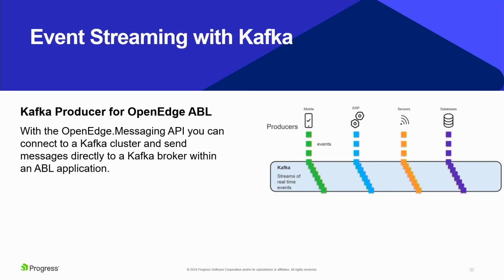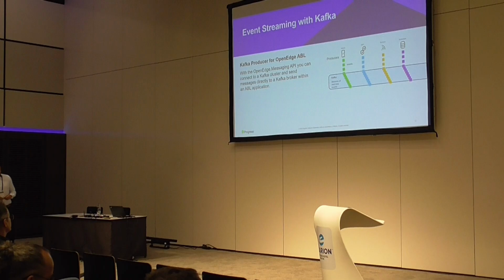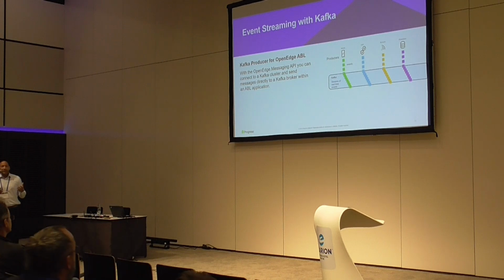All right, so event streaming with Kafka. So how does it work? Well, if you have a mobile application, an ERP system, an IoT sensor, or a database on-prem, all these devices and systems collect data, and that data changes. When that data changes, it creates an event. And in many cases, those events need to be consumed by a consumer of those events or those devices and